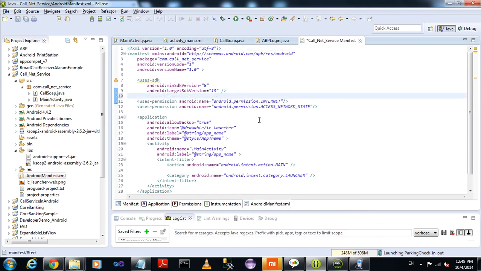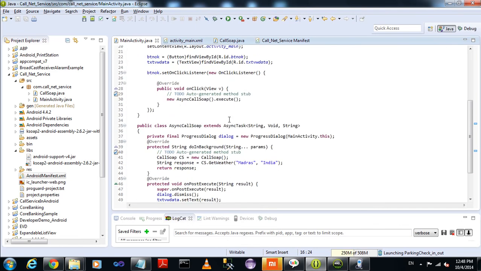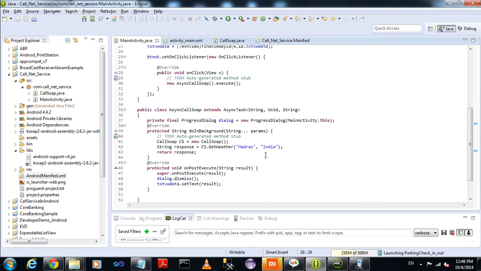These are the two permissions, internet and access network state. Now all is done.